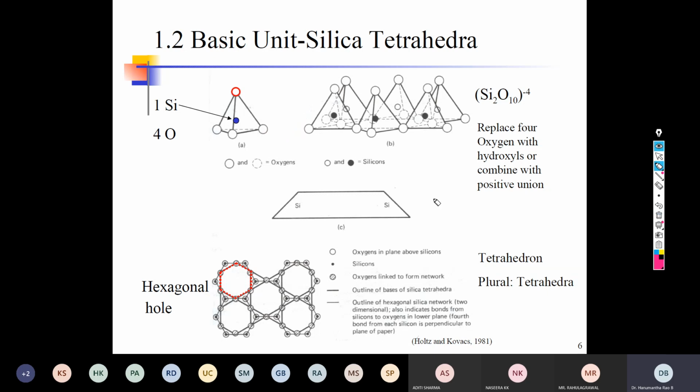If it is, please tell me. I will explain one more time. Sir, then water can also be attached at the upper oxygen. Yeah, everywhere. That's why you can see the water on the surrounding. So if you dip a sand particle in the water, you can't see that water is holding at one particular place. There is a water layer surrounding the particle. So in case of clay, the bonding between water and oxygen is strong. That I will explain later. First, try to get this part clear. I'm going to that part only. Okay, sir.